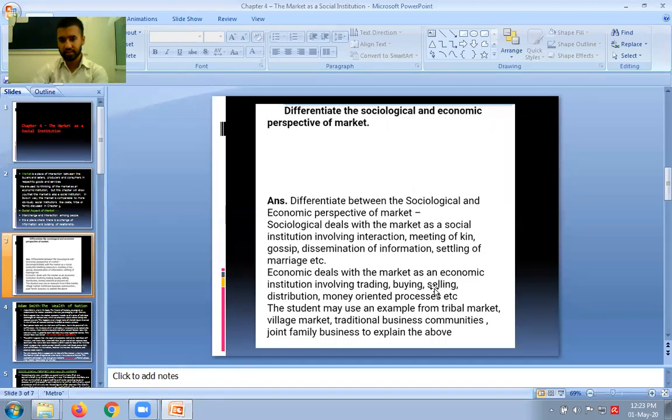But these things are, I think, enough to write anything in your answer. Economic deals with the market as an economic institution involving trading, buying and selling, distribution, money-oriented processes, etc. The student may use an example from tribal market, village market, traditional business communities, joint family businesses to explain the above, right? So when we try to understand the economic perspective of the market, then we always try to understand